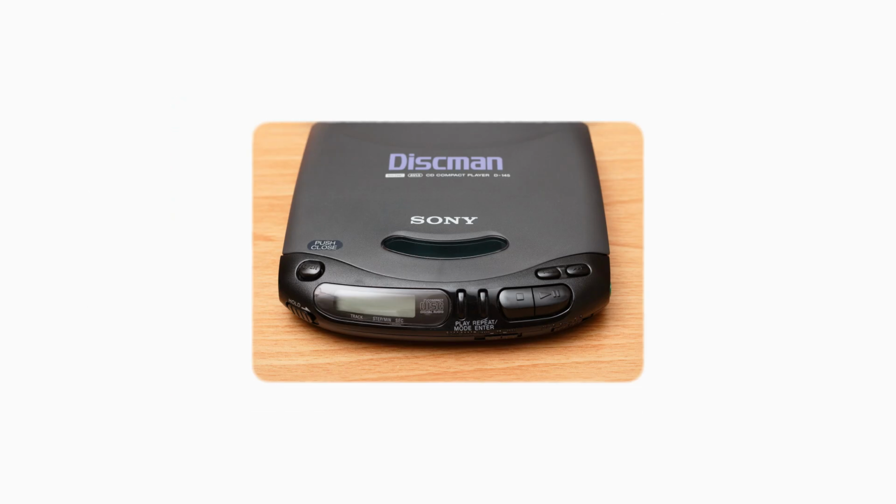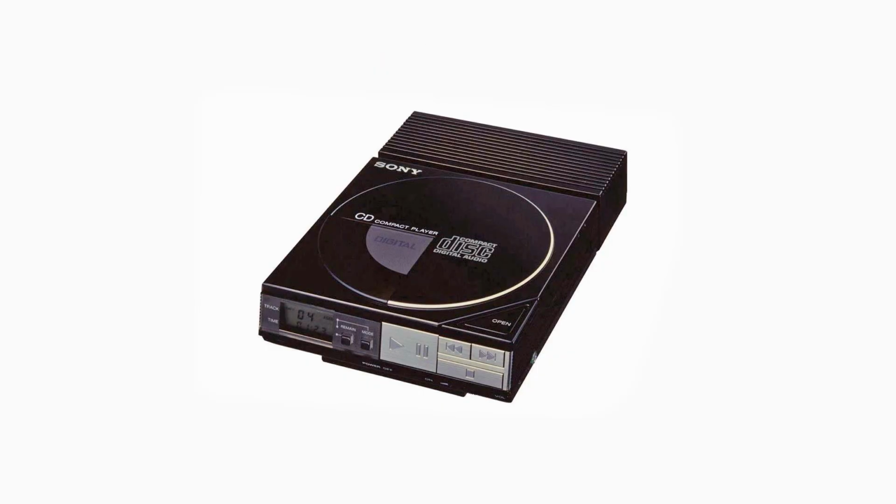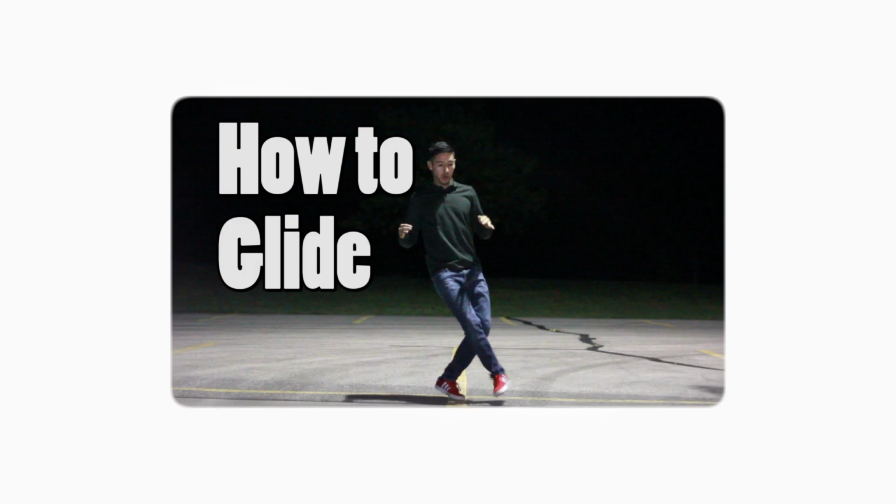Sony didn't add real anti-skip protection, called electronic skip protection, until 1992. And even then, it only buffered about 3 seconds of audio in memory. Later versions stretched that to 40 seconds. Until you had one with a big enough buffer, running for the bus meant your music cutting out mid-song, which is why you learned to walk with a strange, gliding, don't jostle the backpack gait,